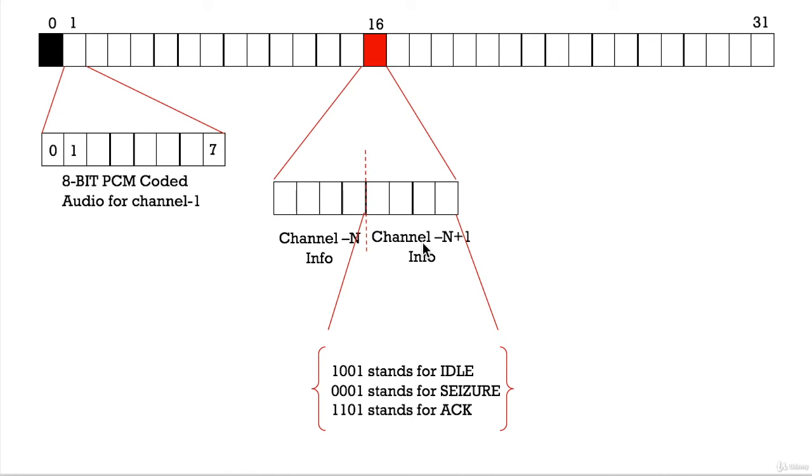So let's say somebody tries to seize channel 1, and currently the running frame contains information about channel 2, then it has to wait 16 frames before sending that command. So it causes inherent delay in call setup. So these are some of the drawbacks, and hence it was